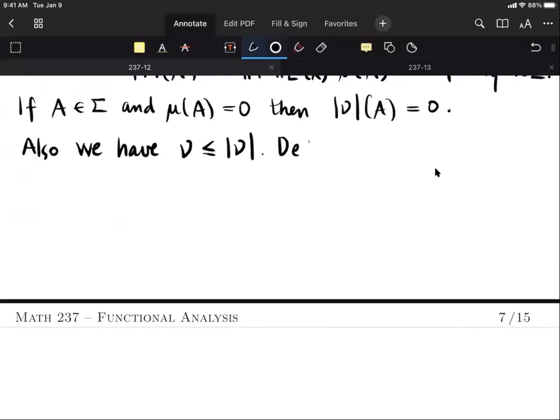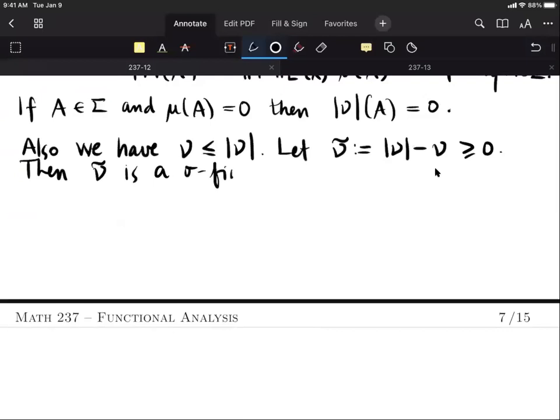Now let mu tilde be the total variation minus mu, and according to the previous inequality, this is non-negative. Then this is sigma finite. In fact, it is a finite measure,